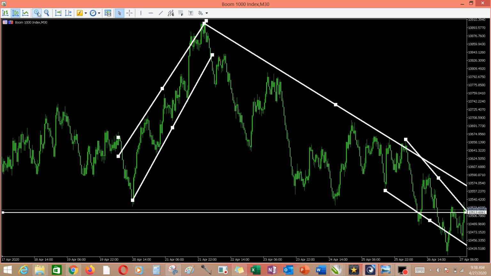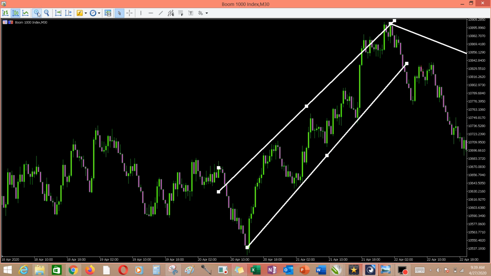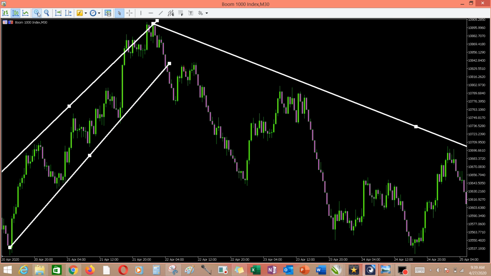So quickly, let me chip in this. This is boom and crash. Let's say I'm selling boom. When can I come in for a trade? For instance, this is a support level. You can see a support level, a long time support level, which is verified already. You can see the price action obeying it each time it gets there.